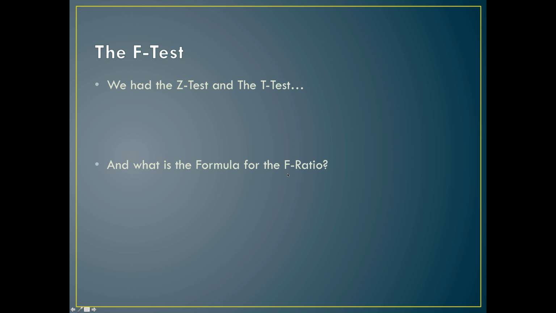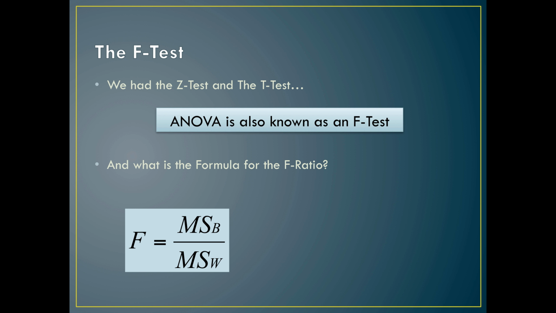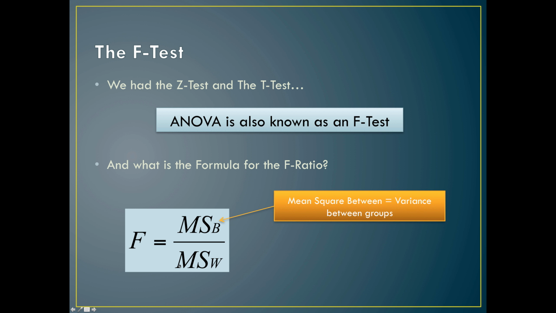So just like in the z-test and the t-test, we had a formula, we are going to have a brand new formula for the F test, and it looks like that. Keep in mind, this is the short version. You're going to be using both. So this is the F test, or F ratio, equal to the mean of squares in between over the mean